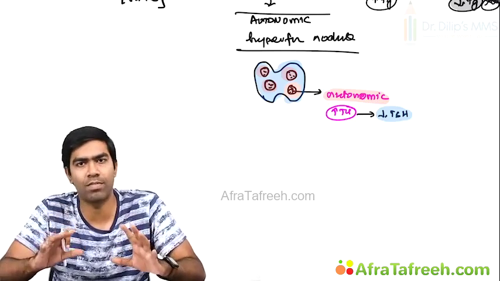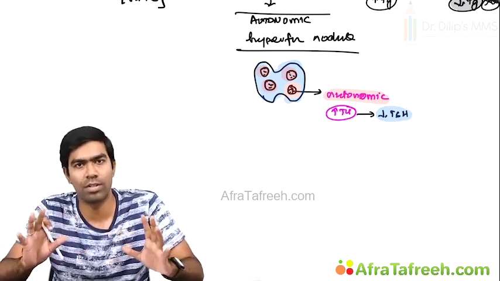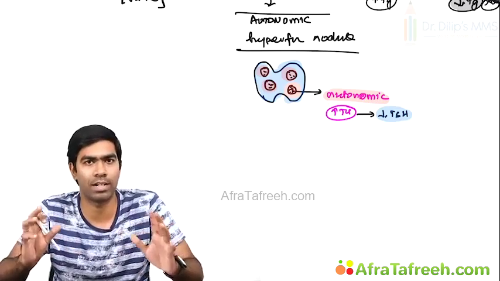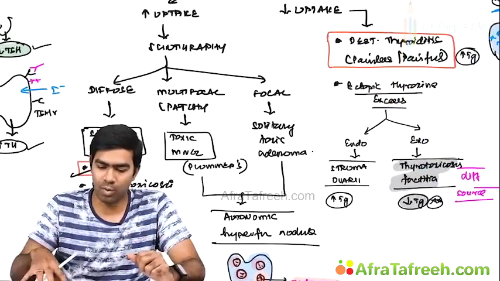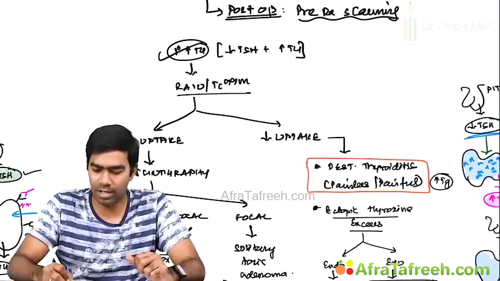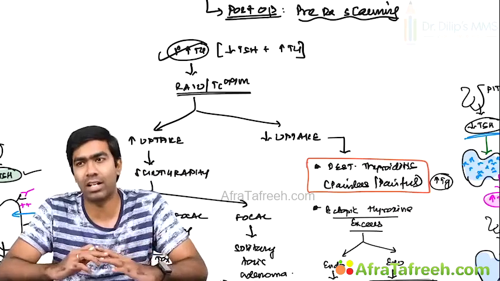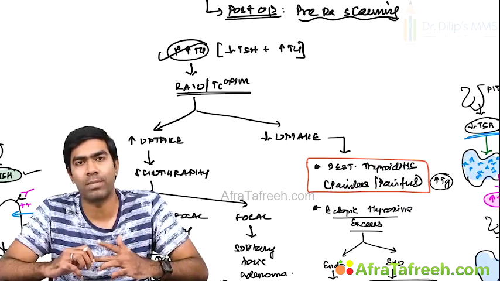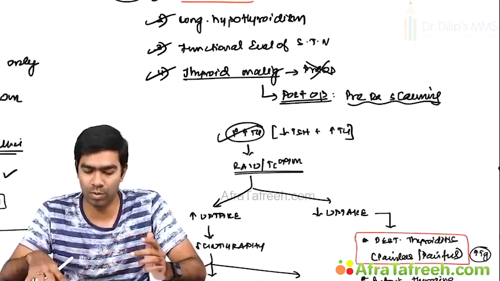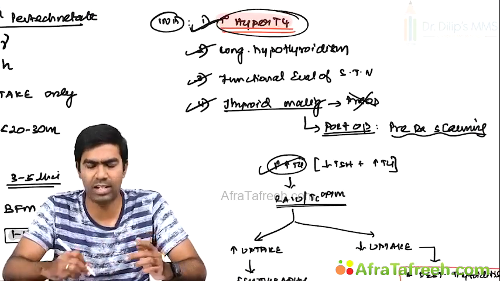The areas that are hyperfunctioning are the ones which are going to look very hot, take up the tracer and concentrate it intensely. So now you can understand how radioactive iodine uptake and the scintigraphy scans are extremely helpful in understanding the causes of primary hyperthyroidism. That's why I told you it's one of the quintessential techniques to evaluate a case of primary hyperthyroidism. Remember, in secondary hyperthyroidism, you don't need these uptake scans in the first place because high TSH and